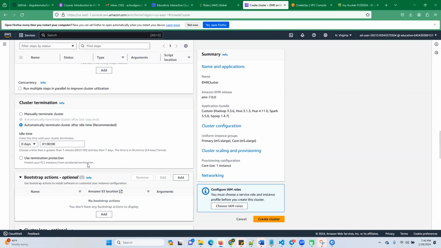This protects your EC2 instance from accidental termination. So it will ask for confirmation if you check it. You can keep it on here, but the instruction given here is to uncheck it. If you keep it on, it will ask you for confirmation, so it will avoid accidental